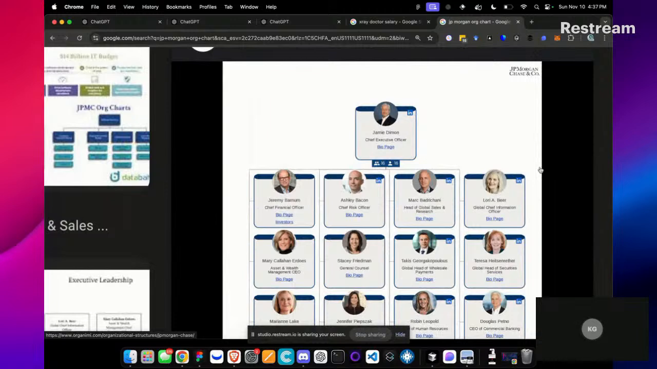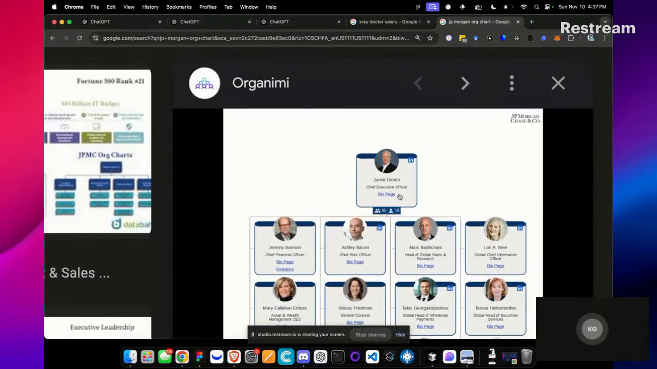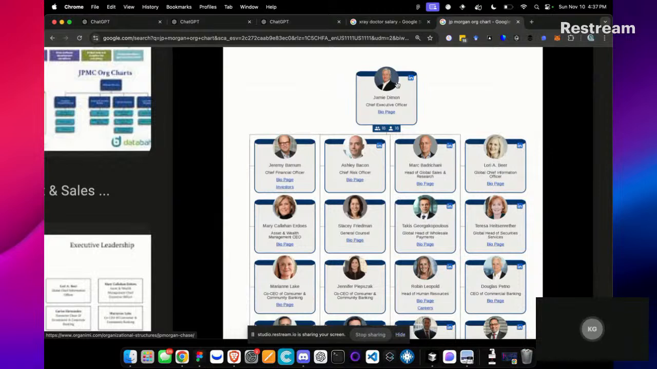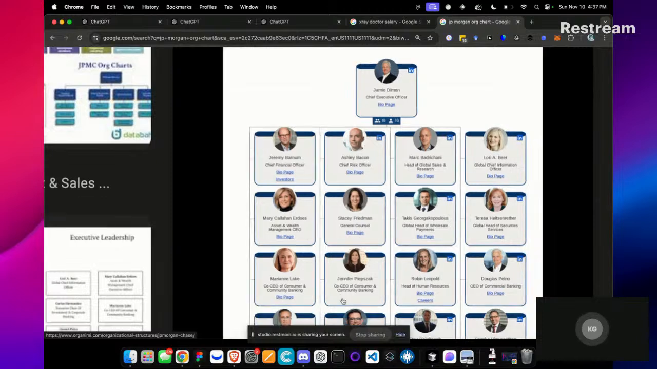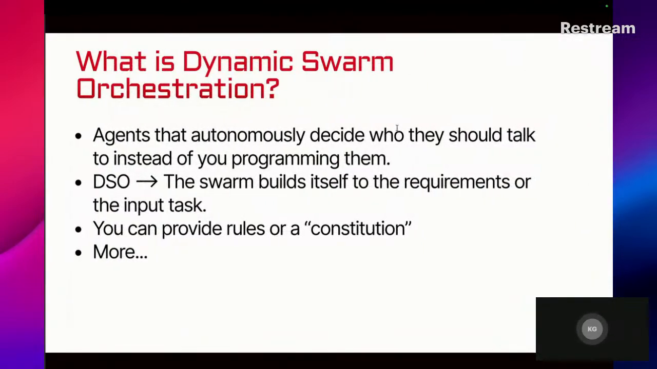So dynamic swarm orchestration is basically automating the design of this chart based on who is the best possible candidate for this job. Why is Jamie Dimon exclusively entitled to the position of chief executive officer? It is because he has skills, knowledge, and the experience that these people do not have to be doing this task. And so we at Swarms are trying to replicate this with agents,